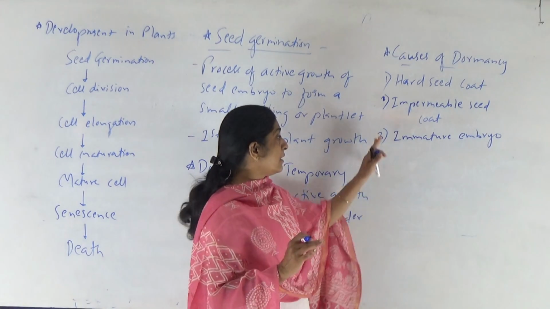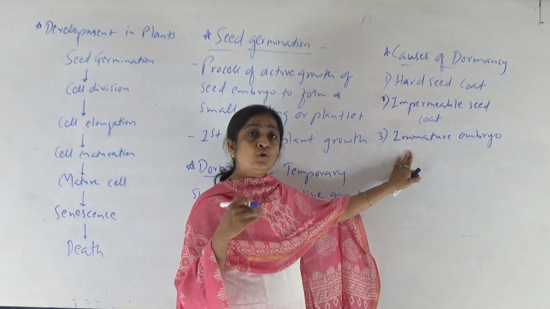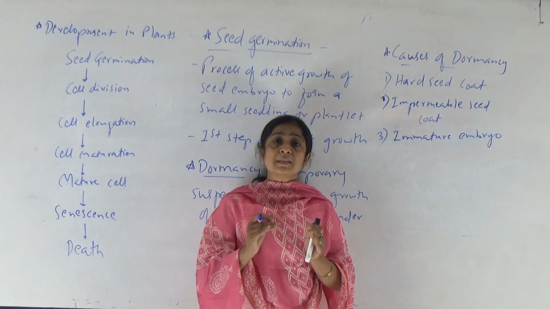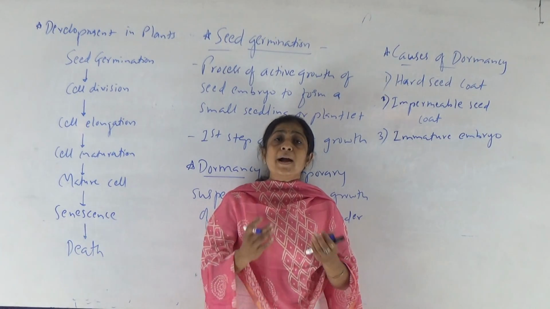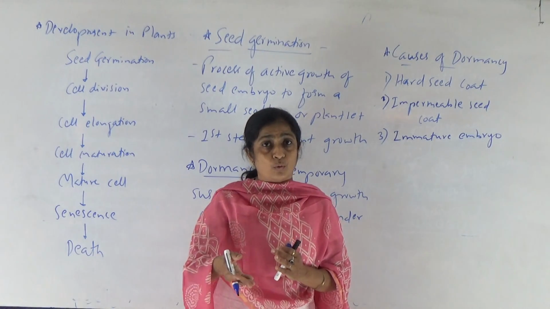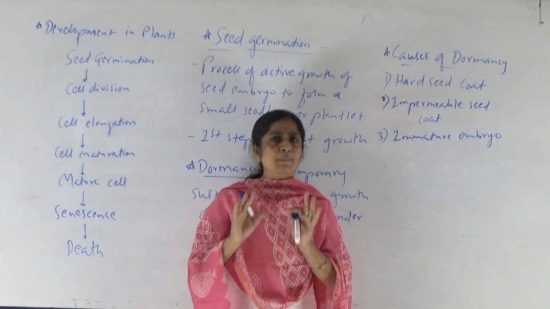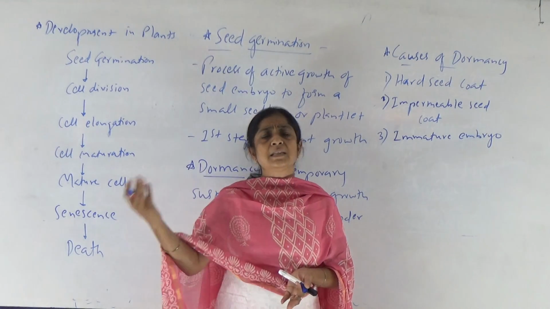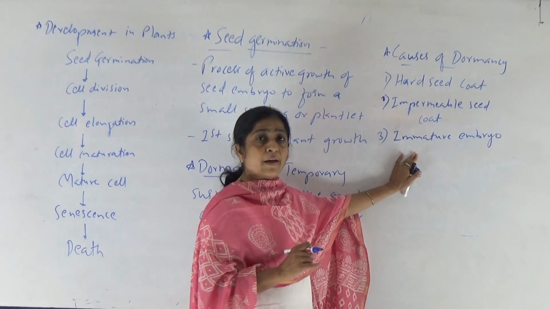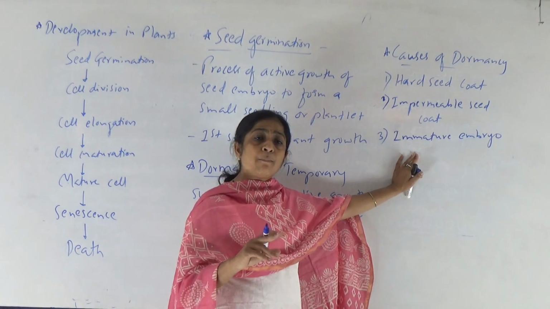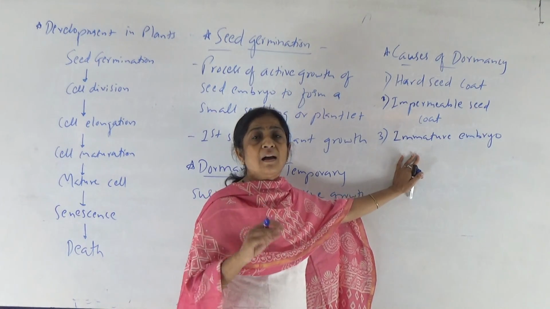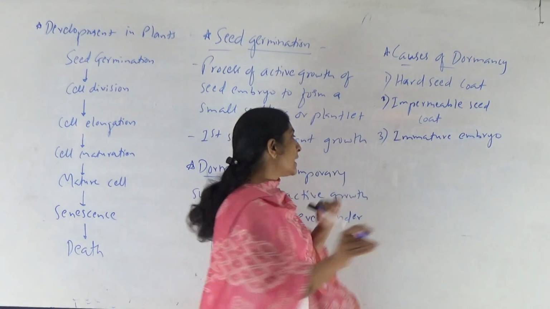So this is one reason for the development of dormancy in the seed, that is immature embryo, right? It means those seeds now require some resting period so that they can complete the growth of their embryo, and once the embryo development is completed, then the seeds are able to germinate. Is it clear? So in such seeds where the dormancy is due to immature embryo, they definitely require some resting period after seed harvesting. Okay, so this is another reason.